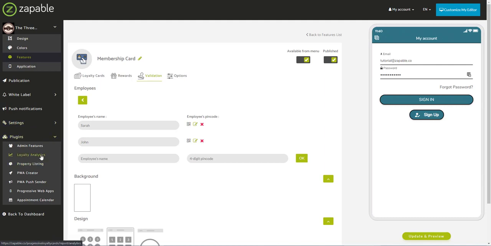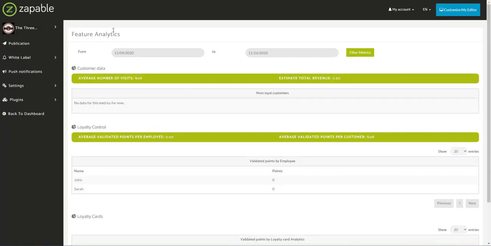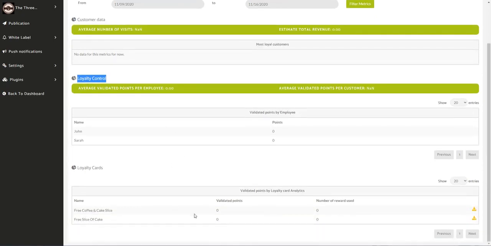You'll see an option for loyalty analytics. So if I open that in a new tab, what we can see here is the feature analytics. We can see the customer data, and here we have the loyalty control. This gives you who is adding the points, and you can see how many points have been validated per employee, and then how many validated points for the actual cards inside,